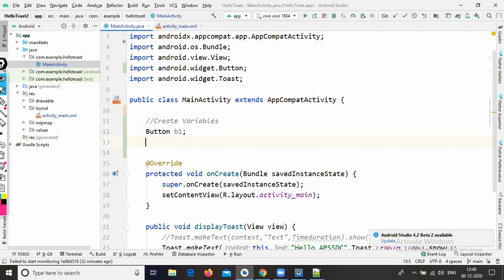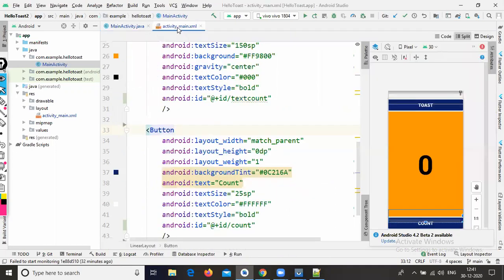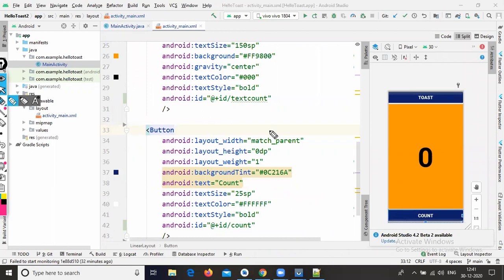Because when I click this button, the count is shown in the TextView. When the count increments on each click of the button, I want to display the count variable in this TextView. So I need to configure the TextView id also.